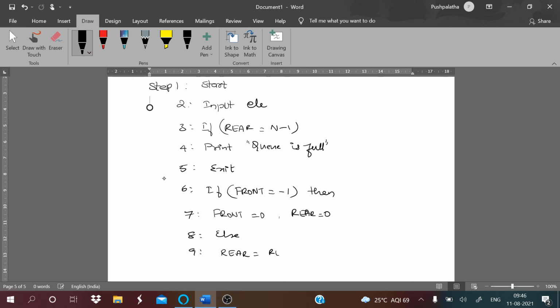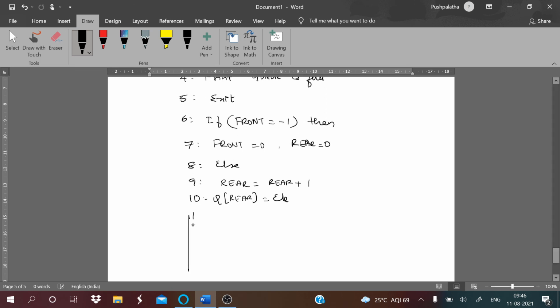Rear is equal to rear plus 1. Then here we are going to insert this element in the rear position and then stop. Okay, so this is for your insertion of one single element into your queue.